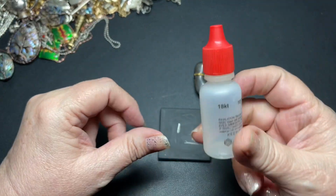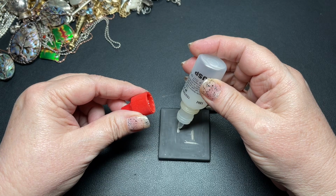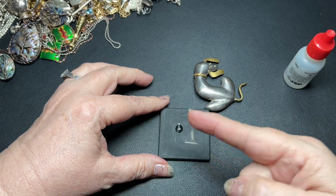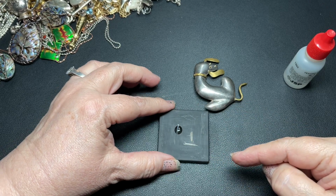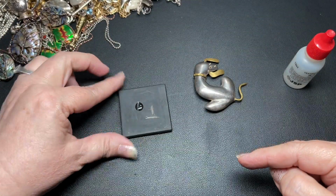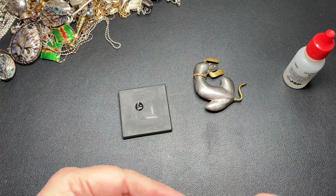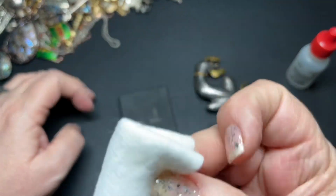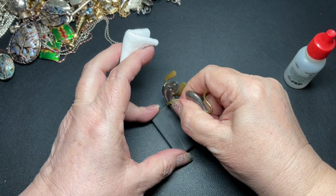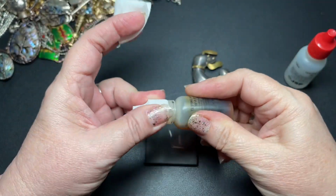Okay, then we take our 18 karat gold acid, we put it on there, and it turns blue. I believe you can see that here from the camera angle. If I bring it closer, you can definitely see the blue. If I use a cotton swab on 18 karat, that's what you see. There's nothing there, okay? However, if I do the mark and I use silver acid,